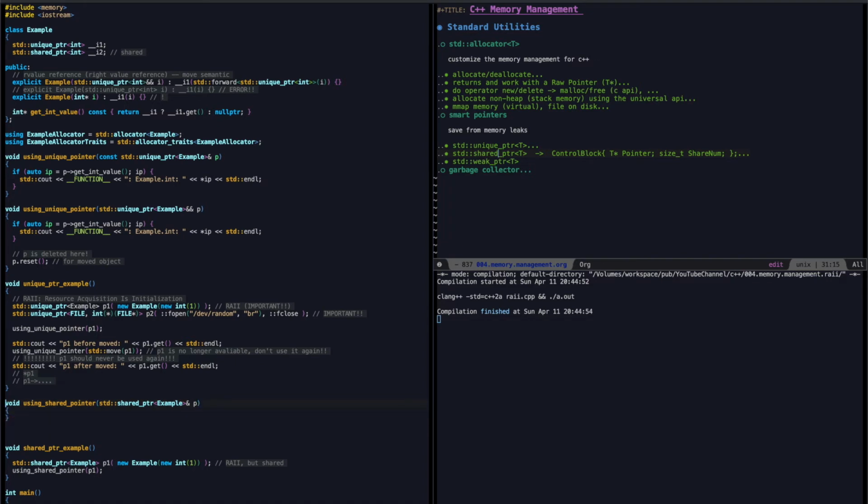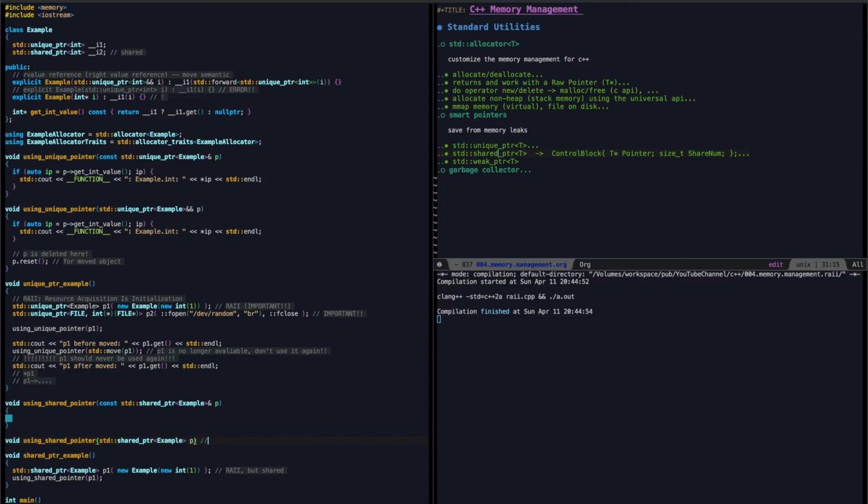And it's suggested to be const. And we can also pass it as a copy. This is copy